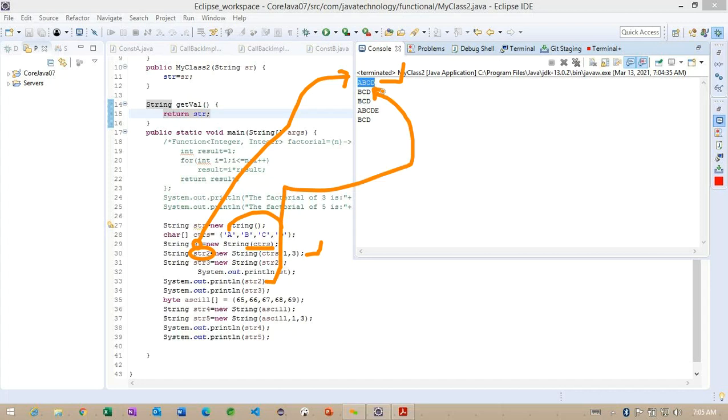Now observe carefully. Even though we are passing from the character array, we are not getting the same object here. You can see initially we are having ABCD, and the second one we are getting BCD. So because of this particular restriction,